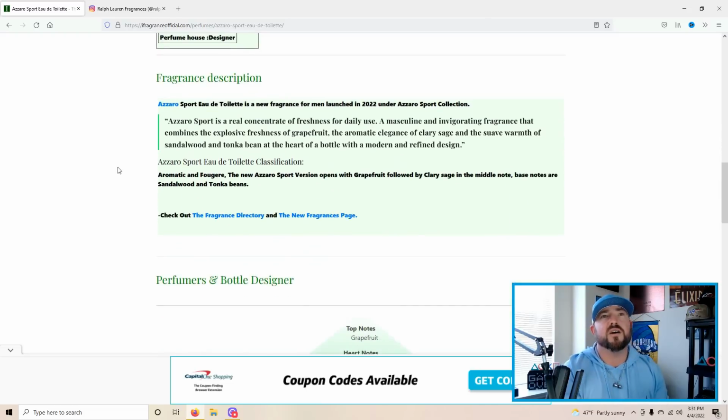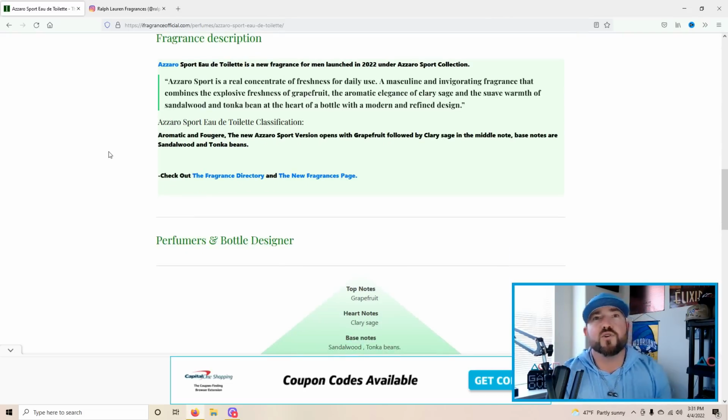So let's see. Azzaro Sport is a real concentrate of freshness for daily use. A masculine and invigorating fragrance that combines the explosive freshness of grapefruit, the aromatic elegance of clary sage, and the suave warmth of sandalwood and tonka bean at the heart of a bottle with a modern and refined design. So the new Azzaro Sport version opens with grapefruit followed by clary sage and the base note of sandalwood and tonka bean. So I guess this is a reformulation and